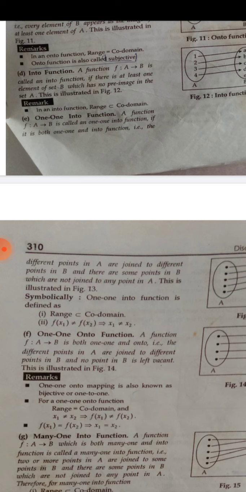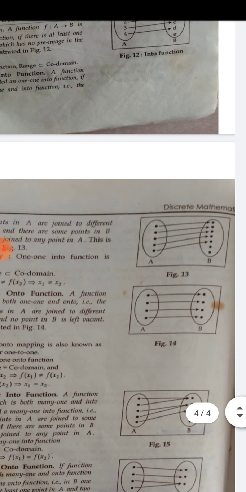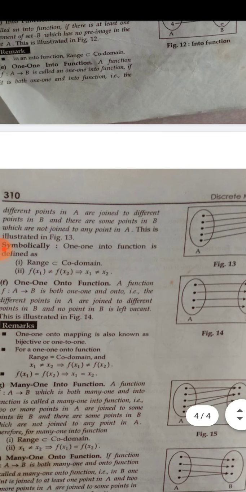So both the concepts of one-one and into will be used here. One-one onto means single mapping and B में कोई भी element ऐसा नहीं होना चाहिए जो A से cover ना हो. So one-one onto is the combination of one-one function and onto function. Let's see the figure 14. Here A and B are single mapped, one-one mapping, and also B doesn't have any remaining element which doesn't make any image from it. So it is one-one onto.